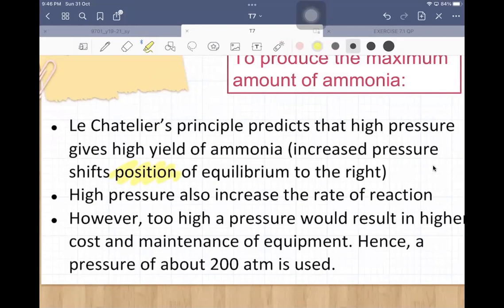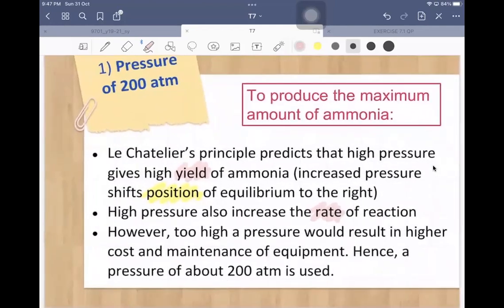So usually we look at yield, how much we're getting, rate, how fast we are getting ammonia, and lastly the cost. Of course, building a plant or a factory that can withstand high pressure is not cheap, it's expensive, right? So 200 atmospheres is just fine, even though that's really high. That's 200 times the normal atmospheric pressure, okay? So we don't want it to be too high because this would result in a higher cost and maintenance of